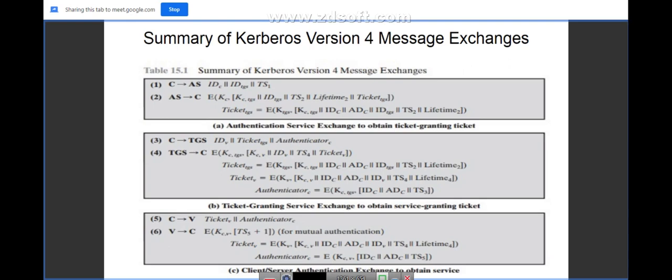Now what is that? KC. The user's password here is KC. In the first message, client to authentication server, the client is sending his details, the request for access to the TGS, and timestamp 1.